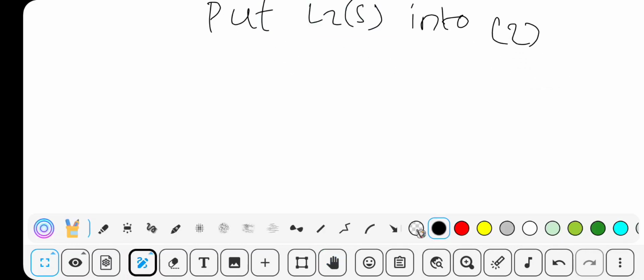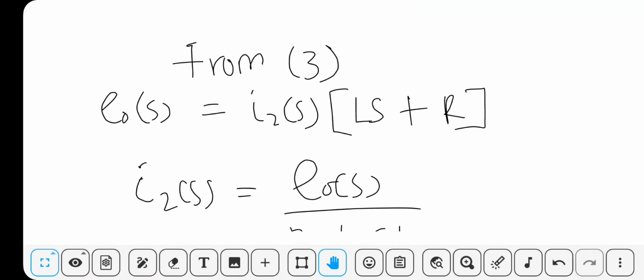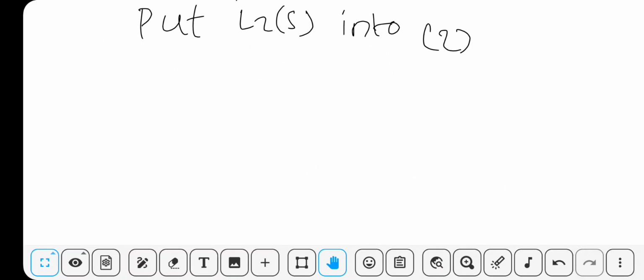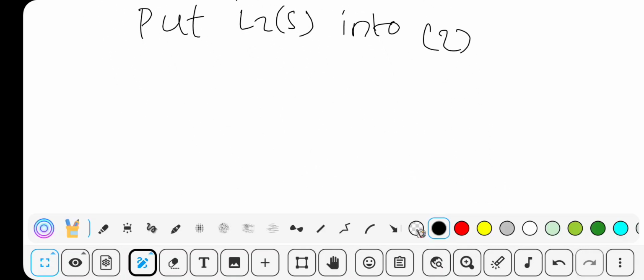In order to get I1 in terms of the output voltage, the voltage across the output terminal, that's what I mean. So substituting, we're going to have